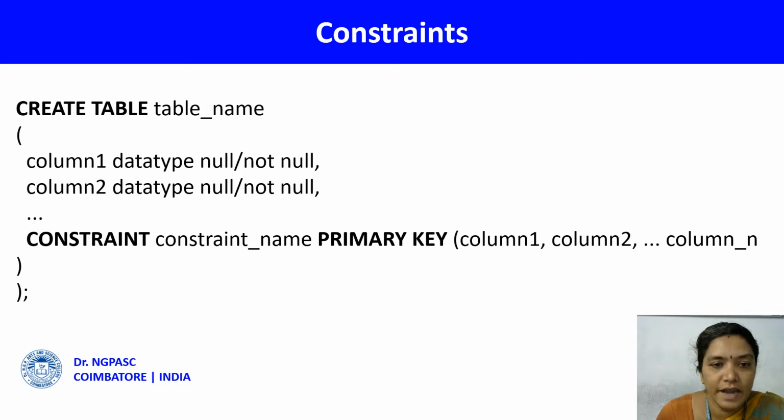Here it is CREATE TABLE, the name of the table. Then I list the columns, whether they are not null or null. And at the table level, I define the constraint; the CONSTRAINT keyword is mandatory. Here I can give any name for my constraint, but it is optional. If you need, you can define a name for your constraint, or else the system will automatically generate a name. Then PRIMARY KEY is the type of constraint I'm going to add, and for what column I'm going to add it. Here I can have only one column, so PRIMARY KEY of the column I'm going to add as the primary key.